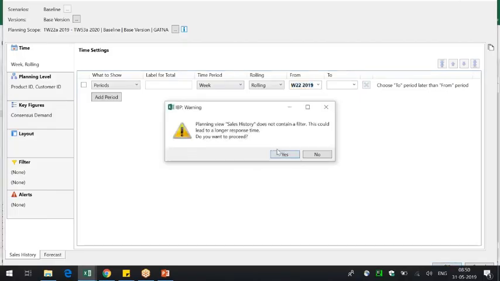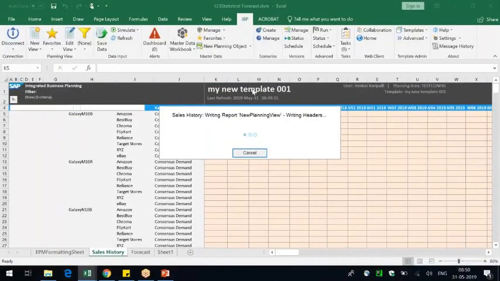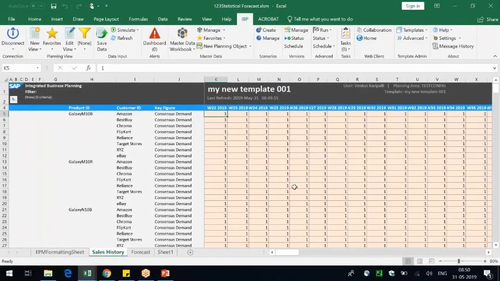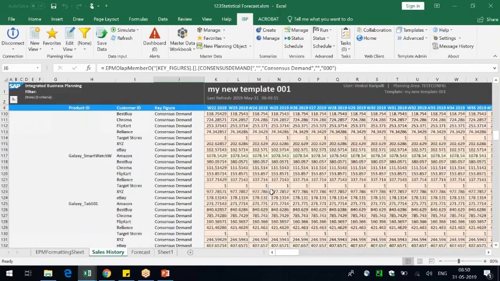We need to sit with the basis and decide, number one, whether the planner can access this template, and number two, whether he can see the key figure. We can actually go to the key figure level. We can make only one set of user group see the key figure consensus demand, and all that.